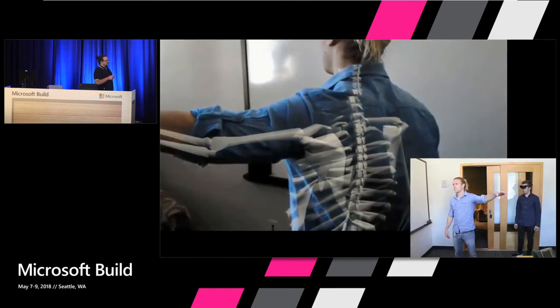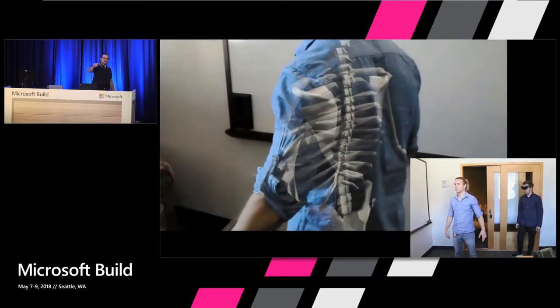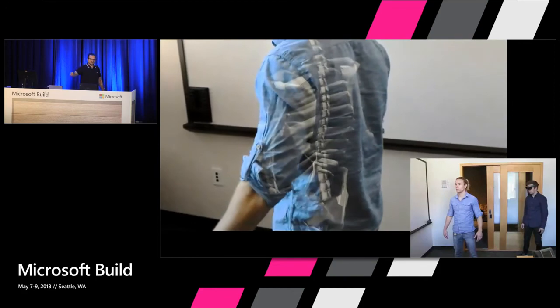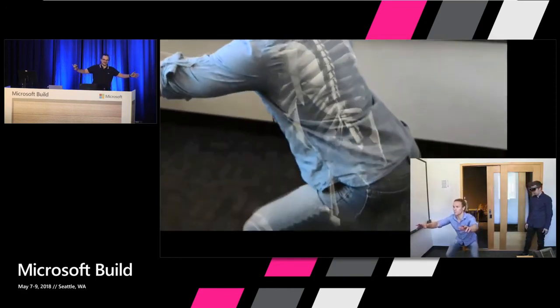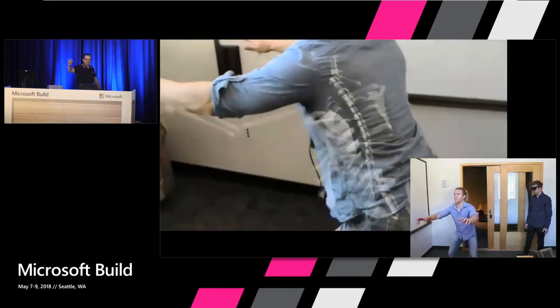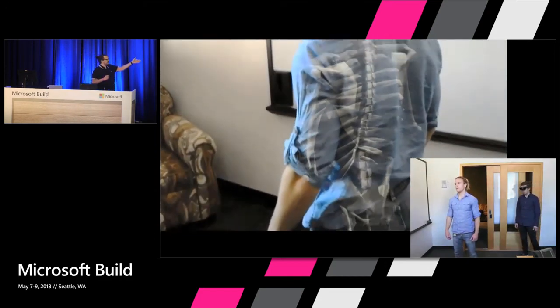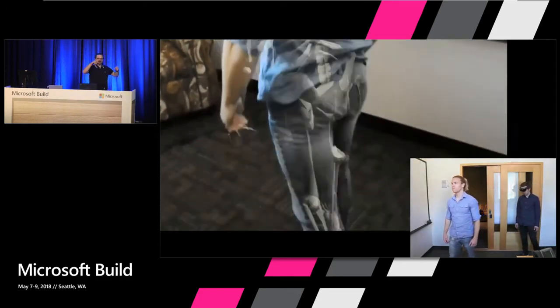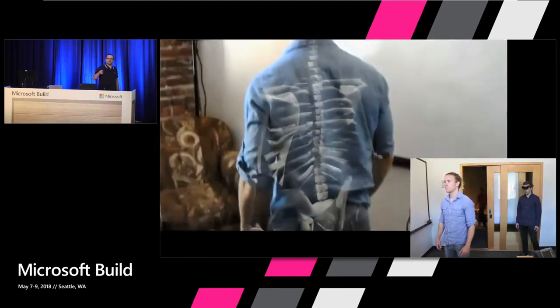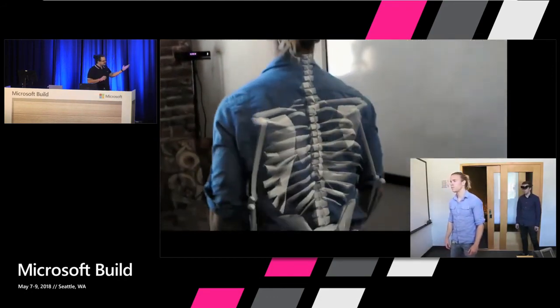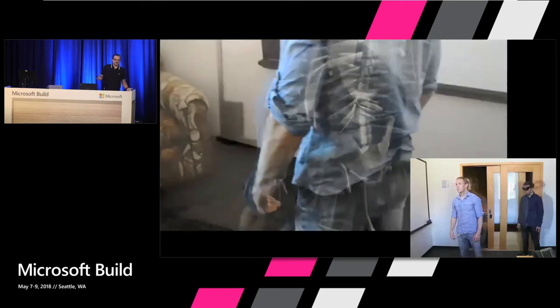So what we did here, we synchronized the coordinate space of the Kinect with the one from the HoloLens. So we can use the skeletal tracking of the Kinect and stream that in real time into the HoloLens and do things like that. The delay you notice here is actually not the transfer. It's the delay that comes directly from the Kinect skeletal tracking, right? And that's just one example. There's lots of devices out there, right?